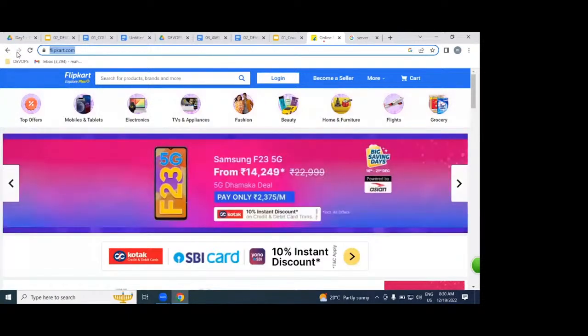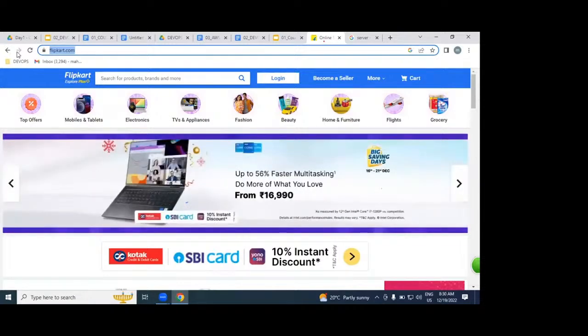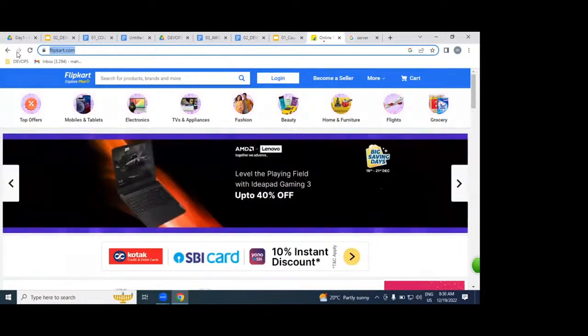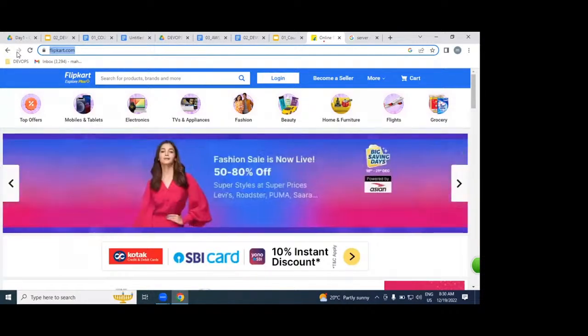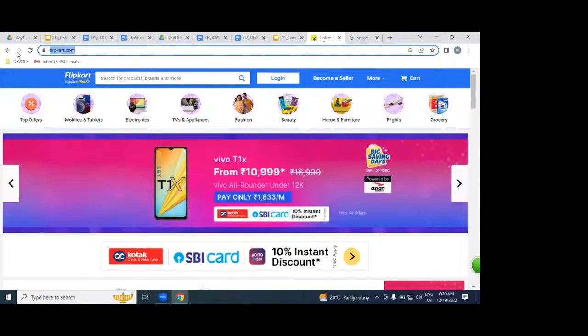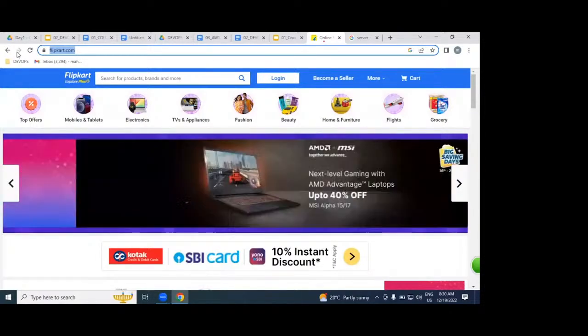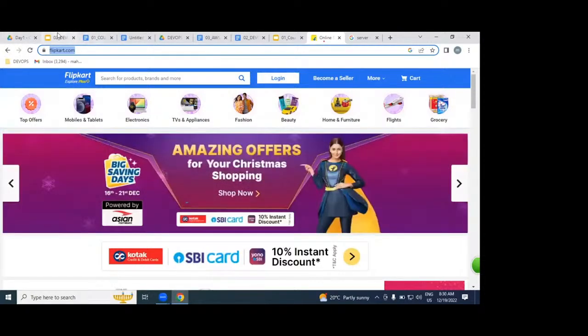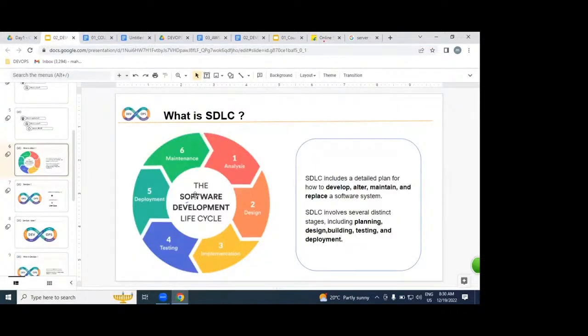If you want to construct a house, we need to follow so many stages, and it will take 6 months, sometimes 1 year also. Then only can we complete our apartment or home, whatever. The same way with our website. If you want to build this Flipkart kind of application, we need to follow all these stages. What is the first stage, guys, please?